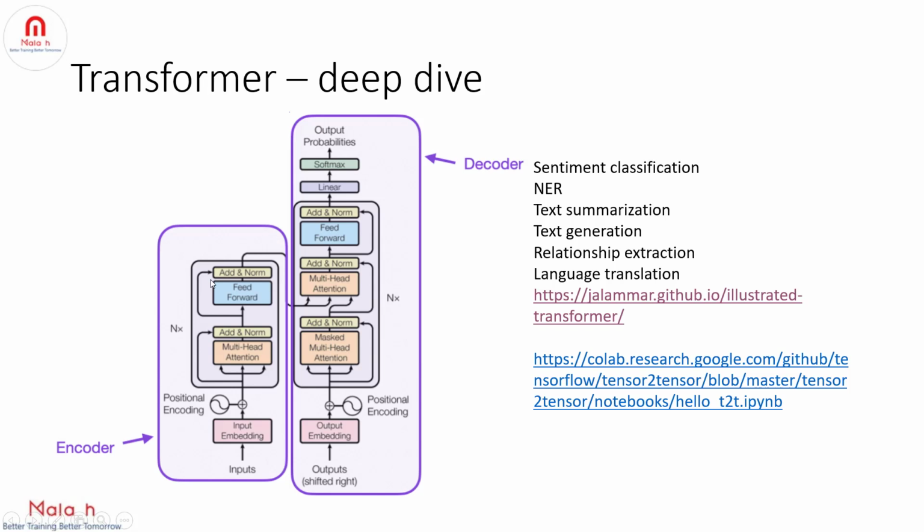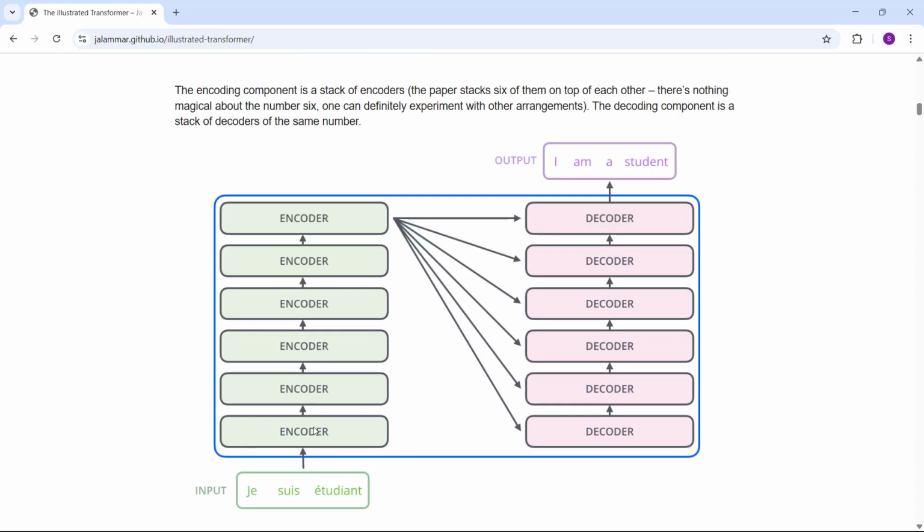Then that self-attention output will be passed to the ANN, right? This is the feed forward network. Then again we will pass to the next layer, and we will repeat this step 6 times. As you can see in the diagram, we will pass 6 times through these encoders, right?